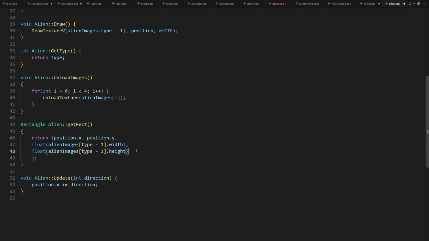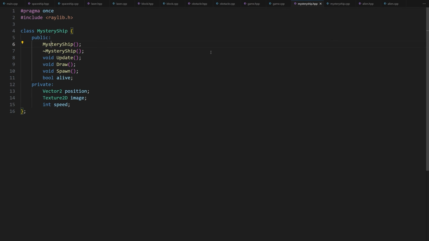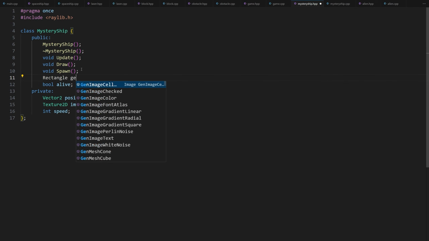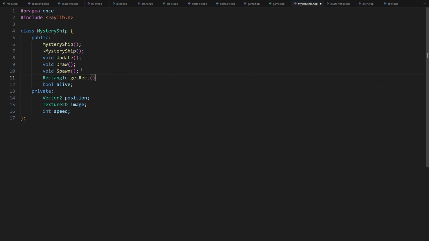We don't have a single image attribute but an array, so we are going to use this array to get the image we want and calculate the rectangle from it. Now let's move on to the mystery ship object. In the mysteryship.hpp file, we add Rectangle getRect.